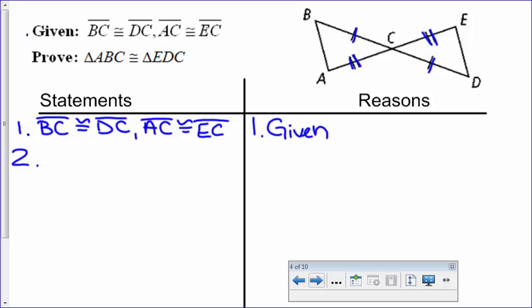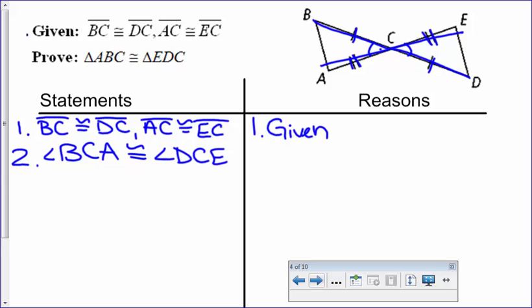We're trying to prove these two triangles are congruent, but we only have 2 sides marked. But remember, in this type of diagram, we can always mark the vertical angle. So you mark something, you gotta write it as a step. So this is gonna be step 2, angle BCA is congruent. And remember, if we're doing B to C to A, we have to start from D to C to E because B to C has 1 notch and D to C has 1 notch. So angle DCE,